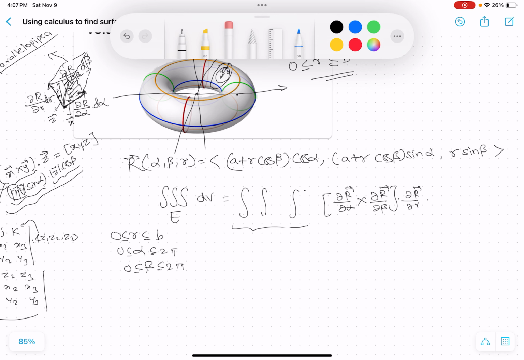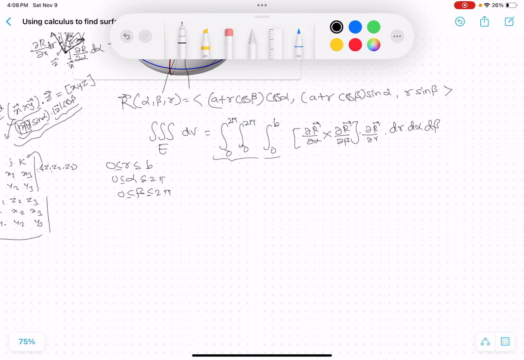First of all, let me give it for alpha 0 to 2 pi, beta 0 to pi, and then r 0 to b, right? This is dr d alpha d beta. Okay, now that works. Now let's try to find this cross product. Okay, so in the cross product we have